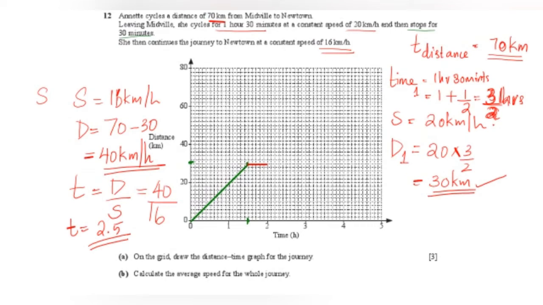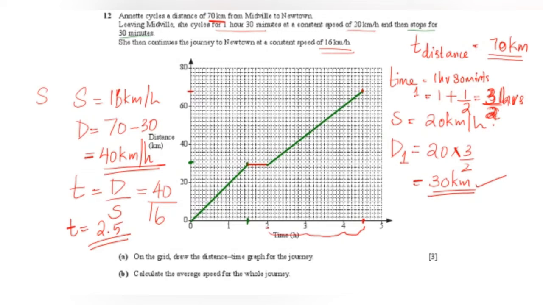So starting from here, count 2.5 hours. So this is 1 hour, 2 hour, 2.5. And the distance is 70 kilometers. So 70 kilometers is over here. The point where they intersect would be here. So let us make a straight line from here till here. So here we have completed our distance time graph, which is the first part of the question, and it carries